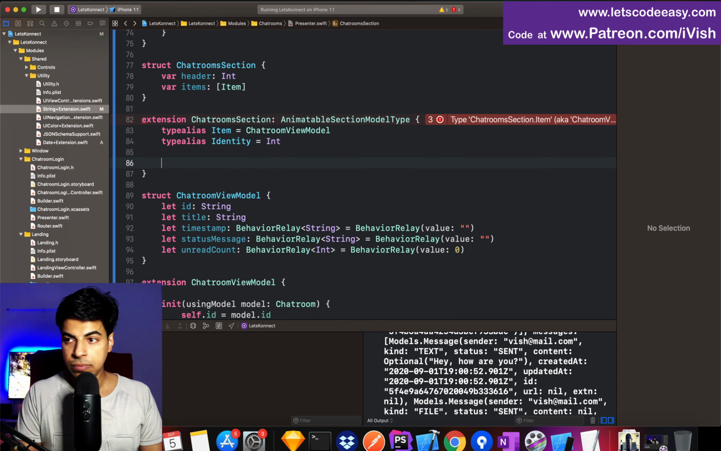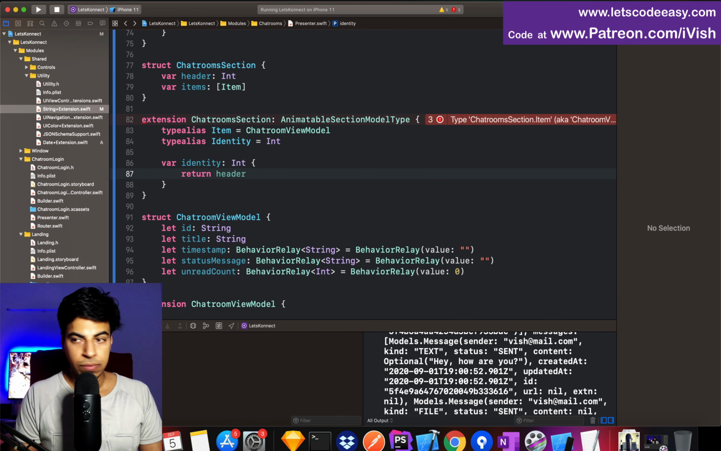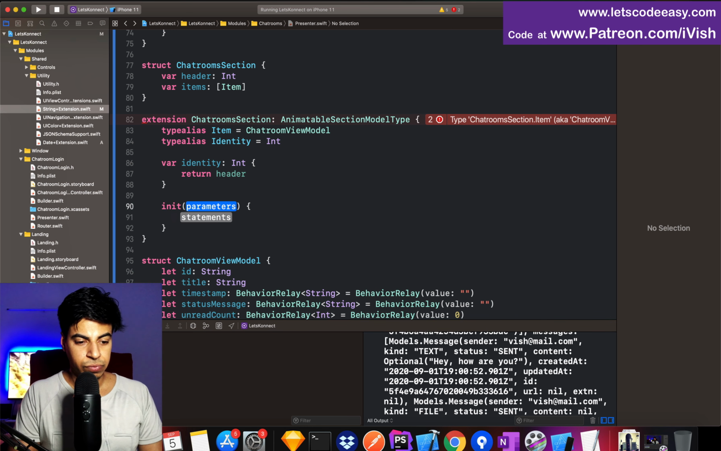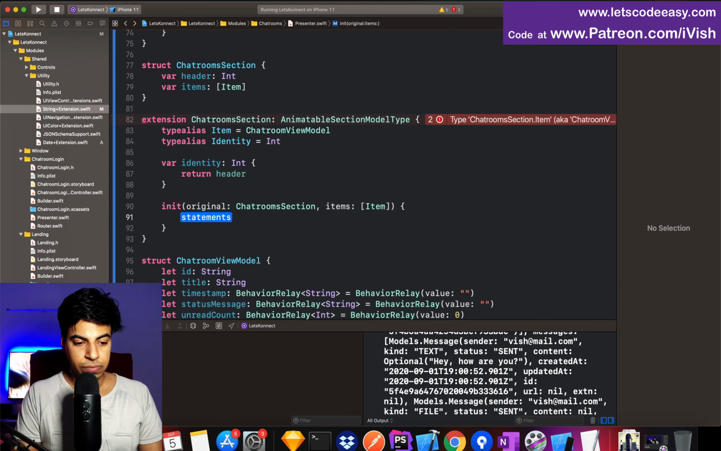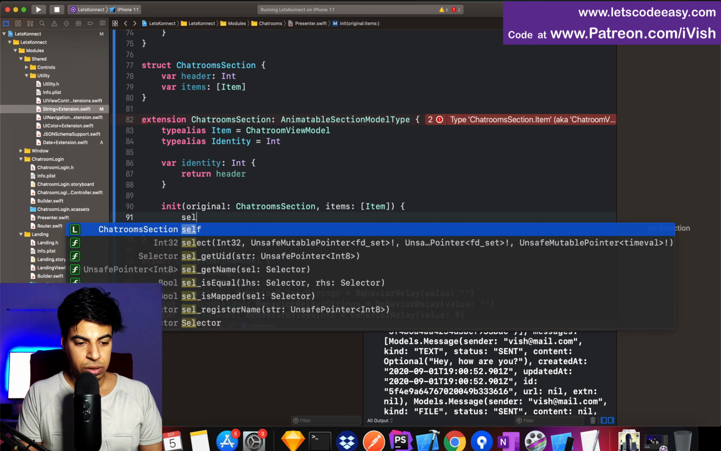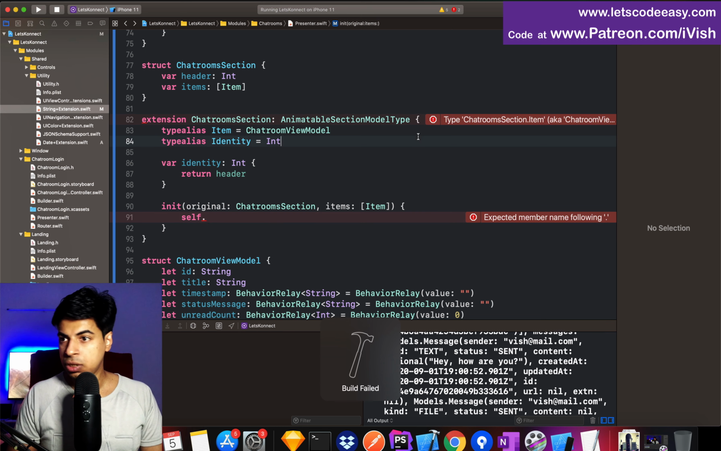Now we need to implement the identity, which is going to be the header, and an init for instantiating chatroom section items. These are common requirements to create your sections. Extension